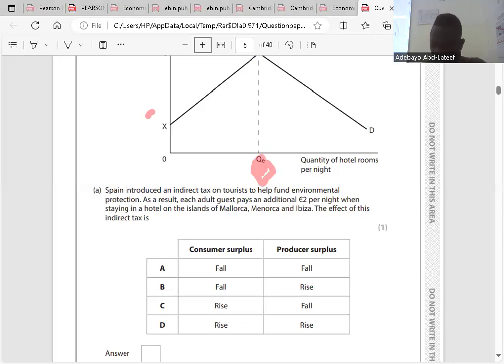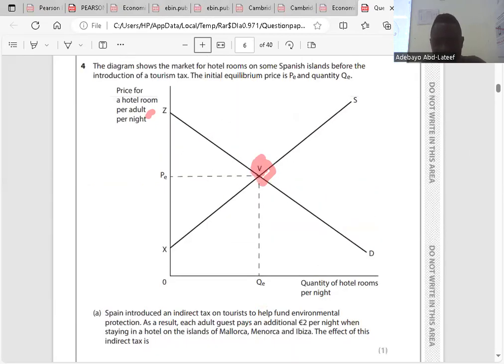Then we have producer surplus, which is the total amount of revenue producers benefit from selling the quantity of goods at the market price. The difference between the amount producers are willing to sell for and the amount they actually sold the product for is our producer surplus. An increase in indirect tax will bring about a shift in the supply curve